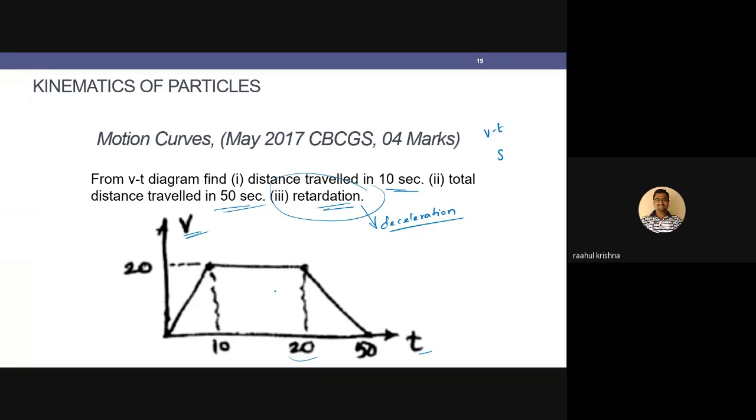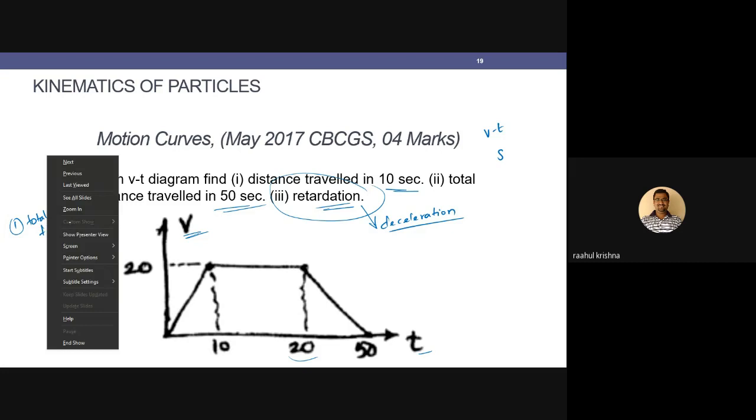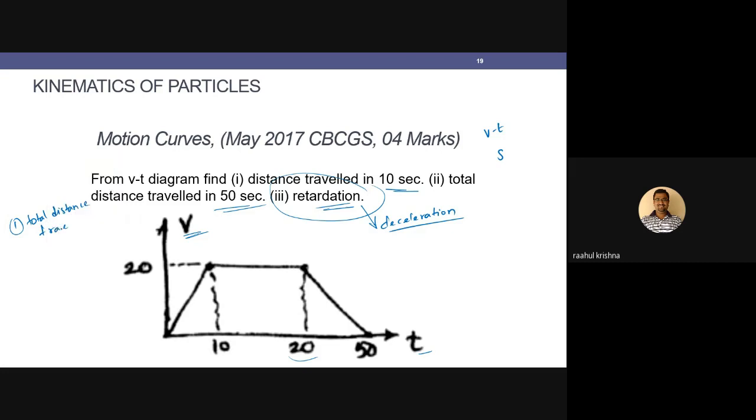There are actually two cases here. One case is if I am supposed to find the total distance traveled in 20 seconds. Secondly,